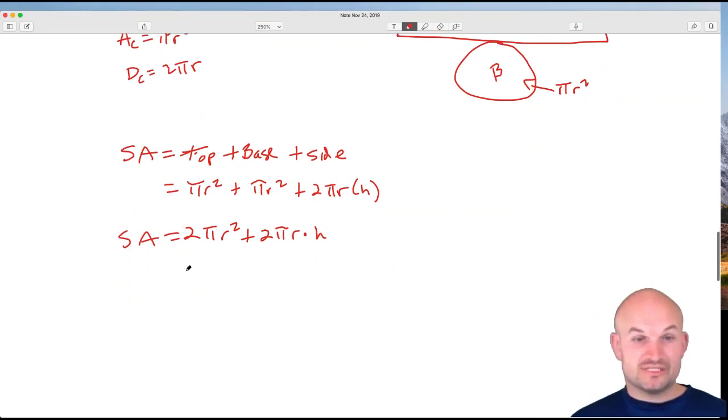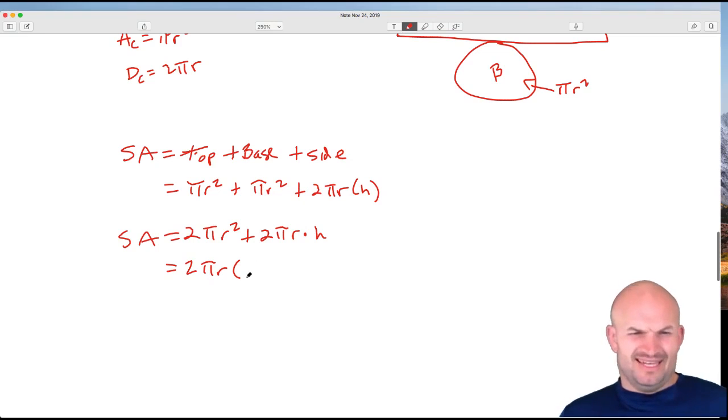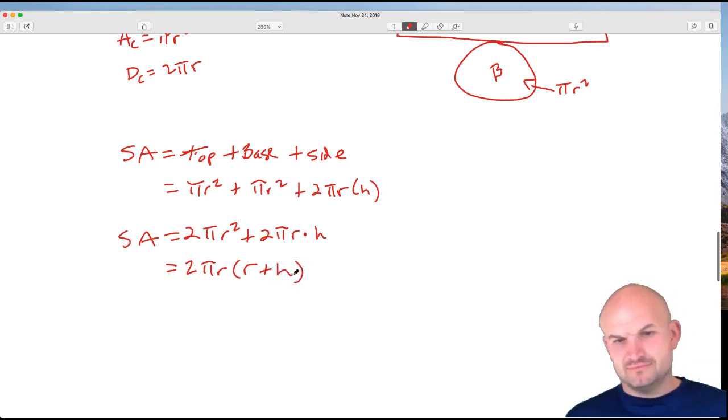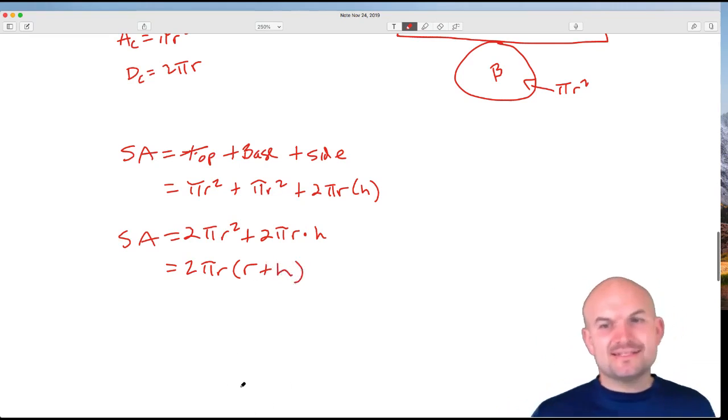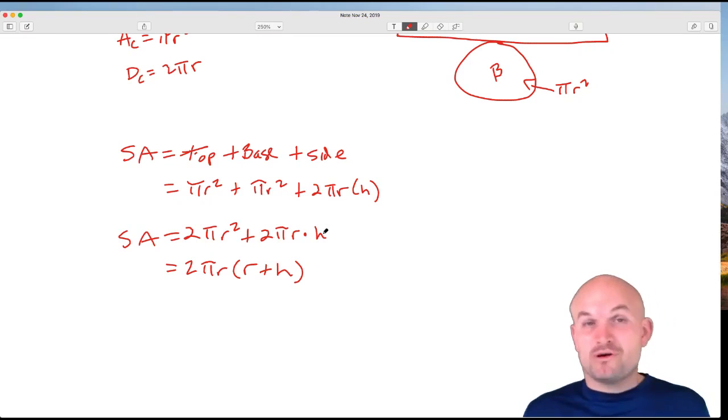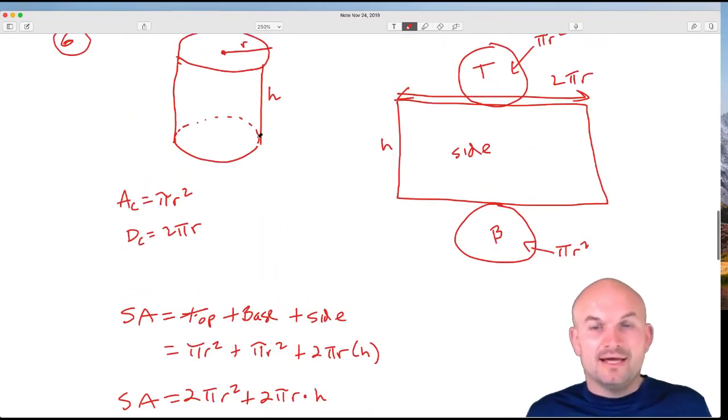Now, obviously, you could simplify this a little bit further. You could take out a 2 pi r, if you wanted to do that. So that'd be r plus h, maybe. I don't know if that's any simpler answer or not. But there you go. That's at least the formula, and at least it's understood as far as how we got those side lengths. So hopefully